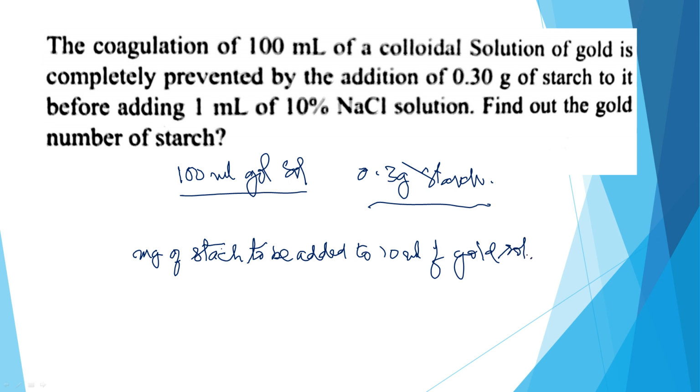That is the number of milligrams of the starch that is to be added to 10 ml of the gold salt. We have to find that out. Here 100 ml is used. For 100 ml, 0.3 grams is required. For 10 ml,